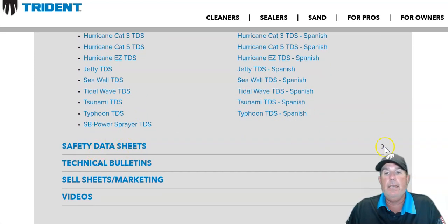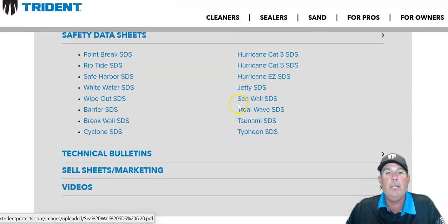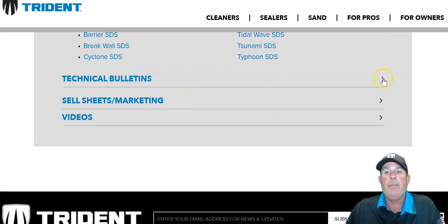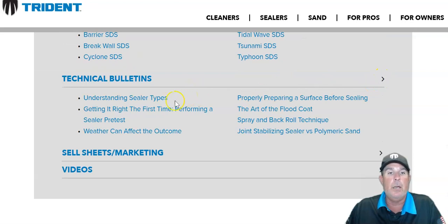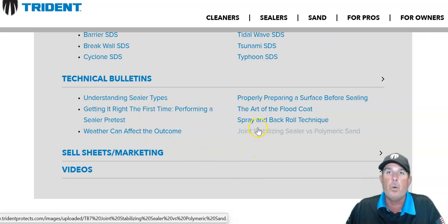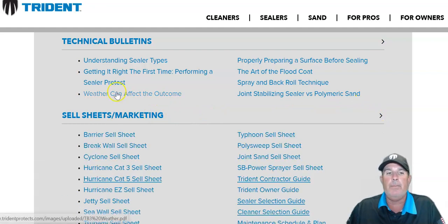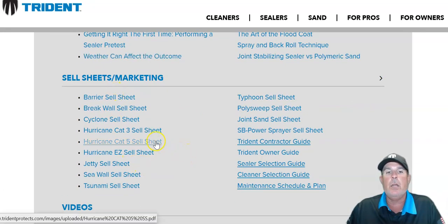Then you have the, and that's the technical data sheet. Then you have the safety data sheets, which is all of the safety data sheets for all of the products that are there. Then we have an area for technical bulletins: understanding sealer types, getting it right the first time. And we keep adding more and more information there. But this is a really critical spot right here, which is the sales sheets and marketing. This area right here, you can open up the Cat 5 sell sheet. This sell sheet, when I pop it open,